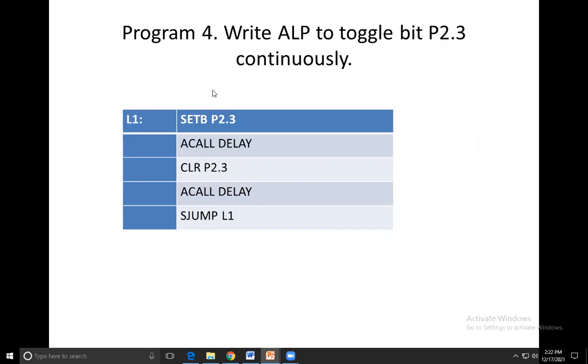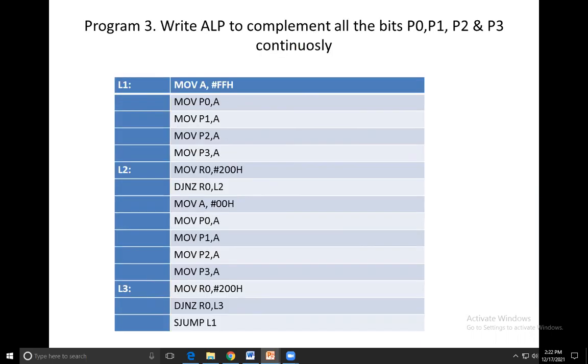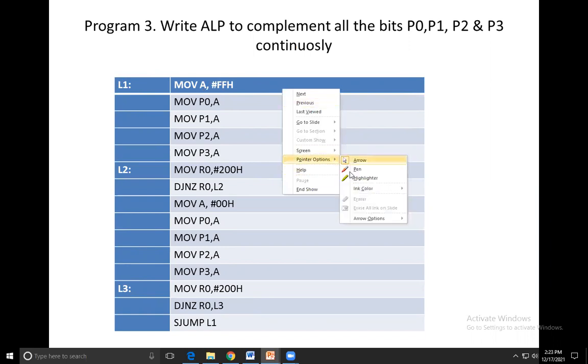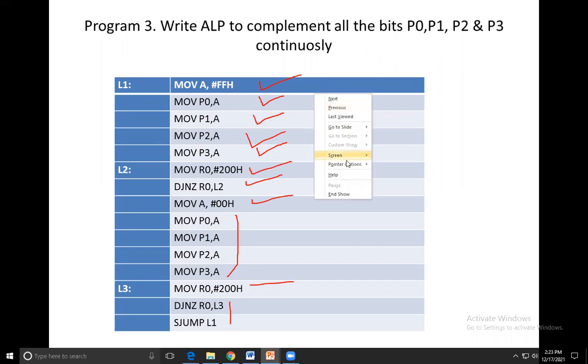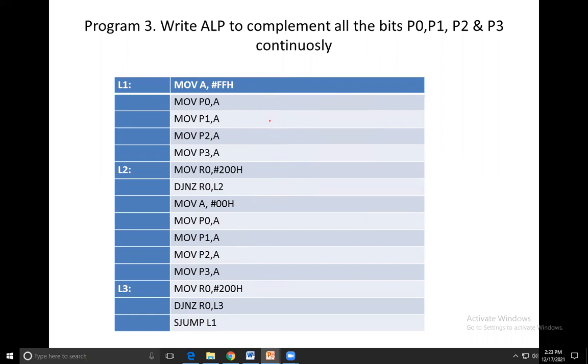See, we just discussed the addressing modes. This is the immediate addressing mode. This is the register addressing mode. This is also an immediate addressing mode, then register addressing mode, immediate addressing mode. Here there is no at-the-rate symbol, so there is no indirect or direct addressing mode. Here only immediate addressing modes and register addressing modes are used.